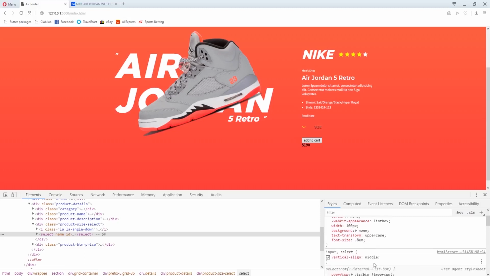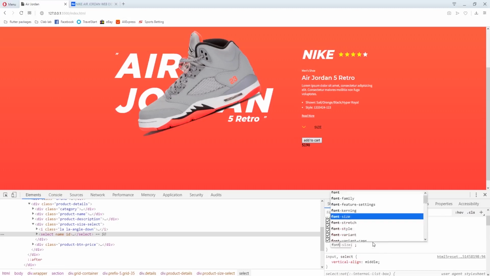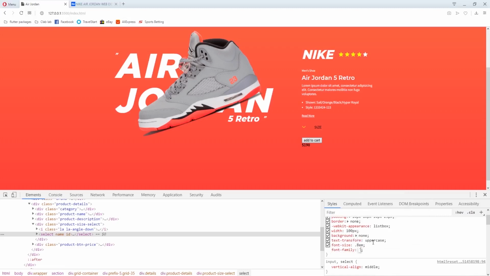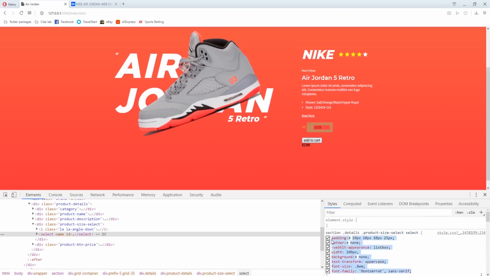Okay. Font family, we'll say Montserrat, sans serif. Might just copy this one for this thing so it won't misbehave.